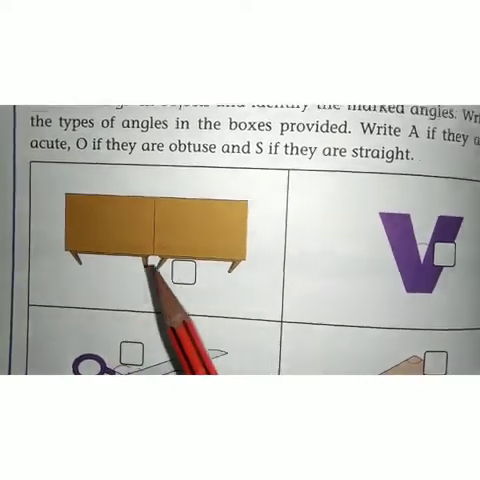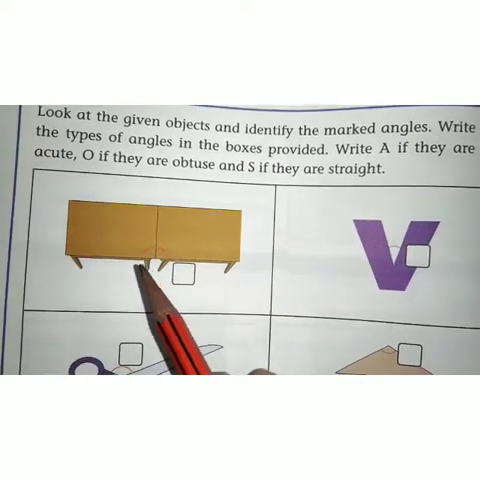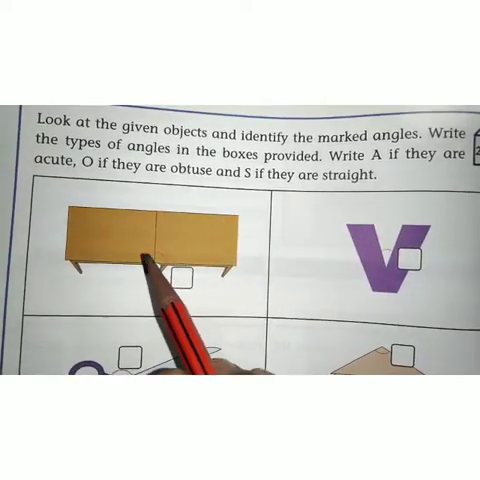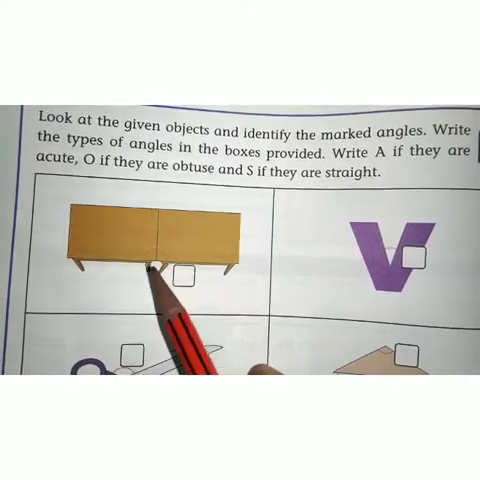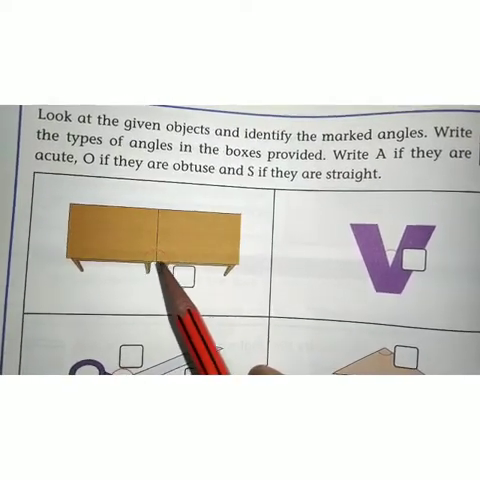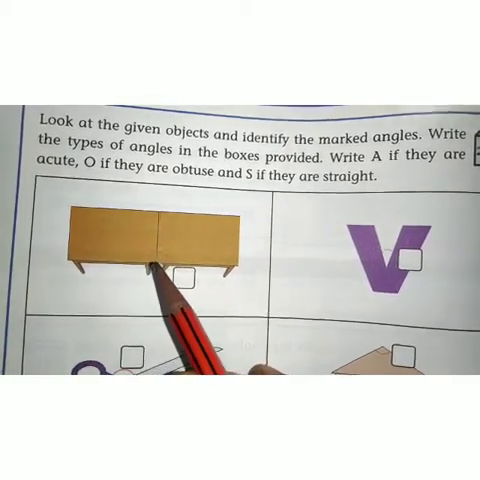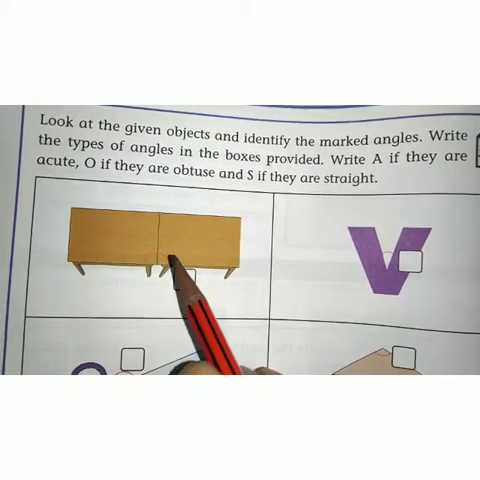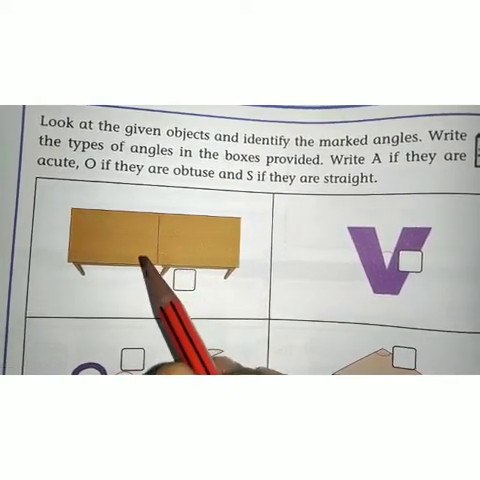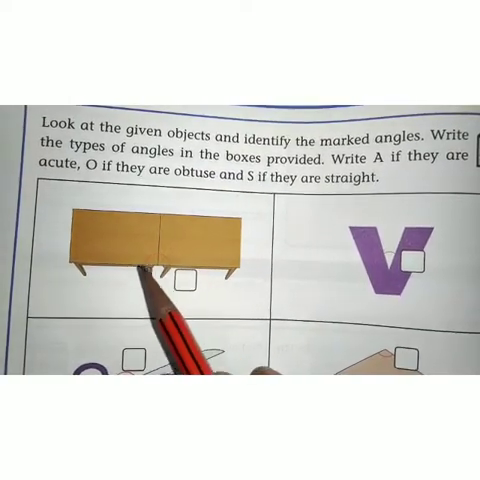Look at here, two tables are attached together. Now there is a red curve drawn between the two tables. You have to find the angle formed over here. It starts from 0 degree. You have to go anti-clockwise and it ends at 180 degree, which means if it is a straight line